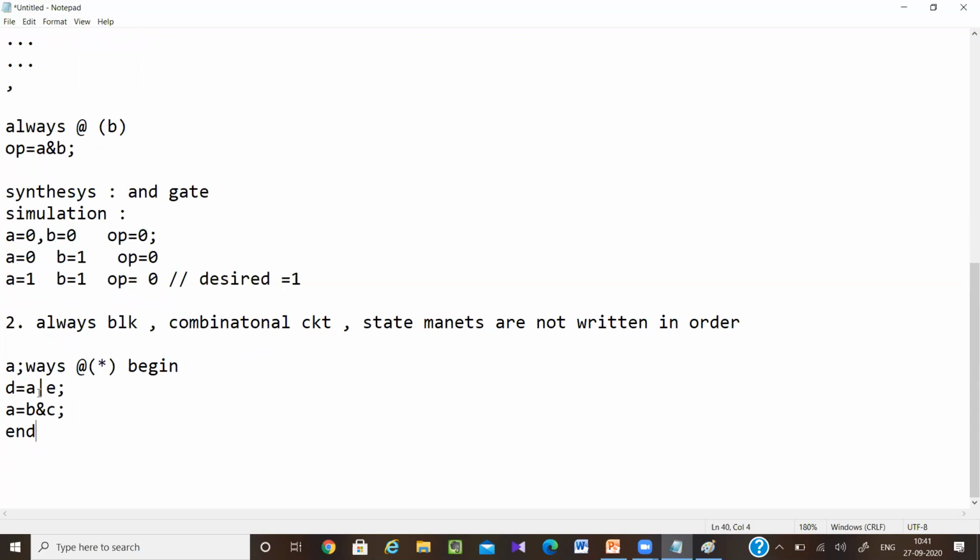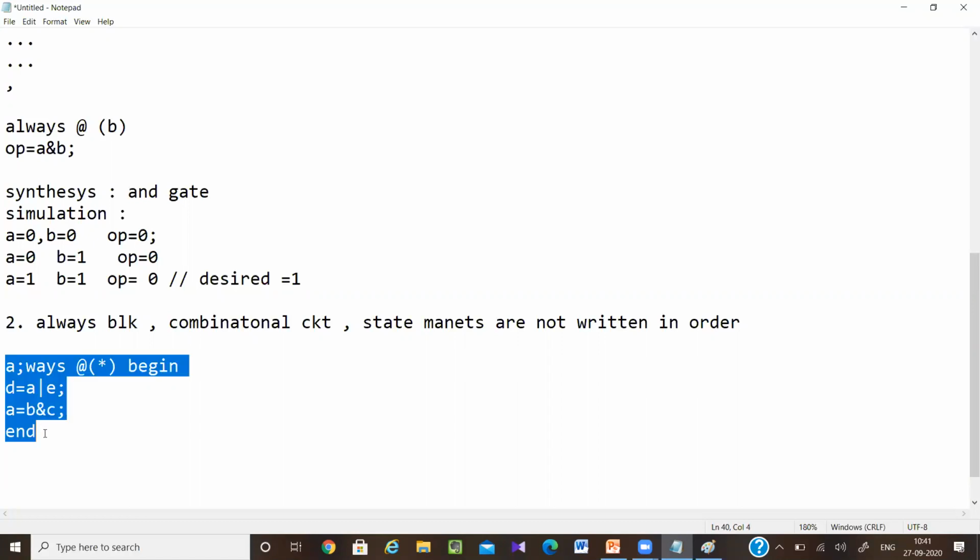Why? Because see, my A value is updated here, A equal to B and C. But before that, see, here also I have written blocking assignments. So first this statement will be executed, then this statement will be executed. So my synthesis tool will simply generate an OR gate here, simply generate an AND gate here, and A and D will be connected. So how will the synthesis tool interpret this block?